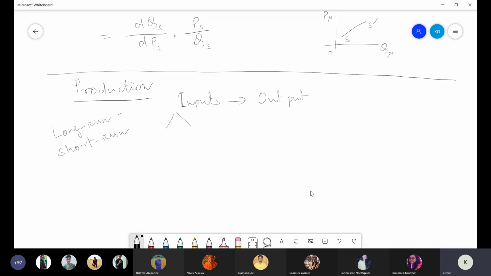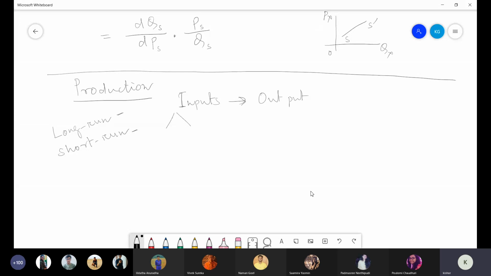And earlier, what I mentioned about long run and short run, by default, assume that long run is a situation where the time period is sufficiently long. Short run is a time period which is very, very short. I gave a layman's explanation about this one. But in production, we try to define or explain what is long run and what is short run in economic terms. That I am going to explain, because the whole of production we are going to discuss under two different situations. One is long run, another is short run.